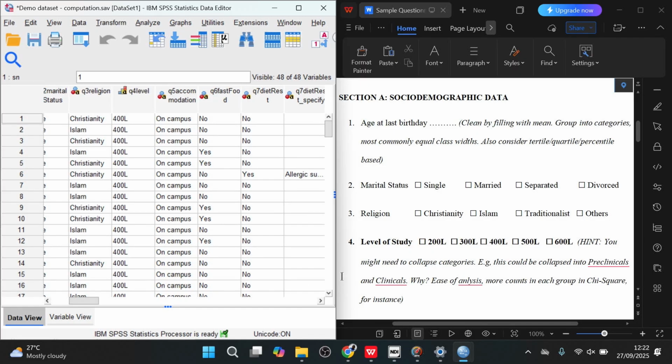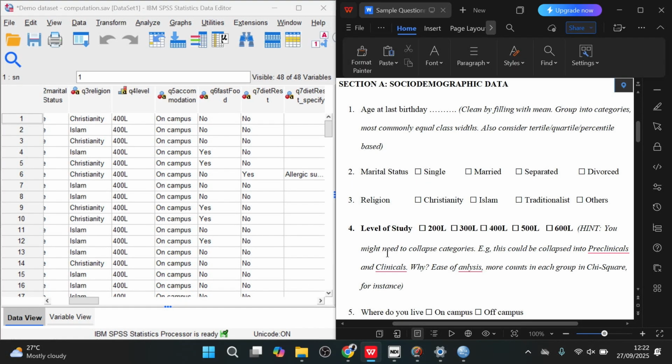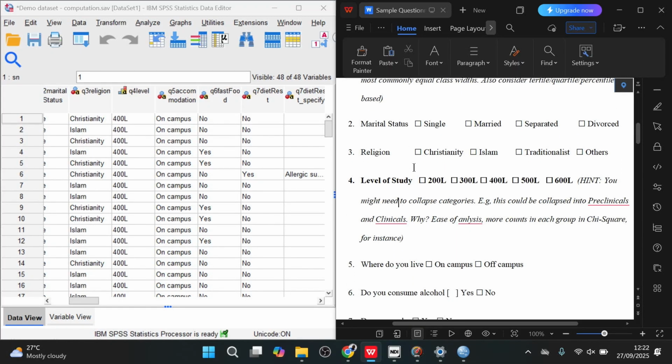Okay, so I'm going to leave this one. The next one we want to check is level of study. So you have 200 level, 300 level, 400 level, 500, 600 level. You can do your univariate analysis and get descriptive statistics for all the levels. But if you want to do maybe your bivariate chi-square and stuff, you might want to collapse this. So I want to collapse this into,